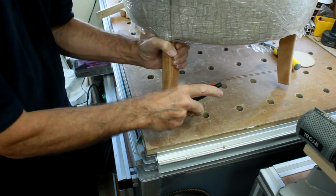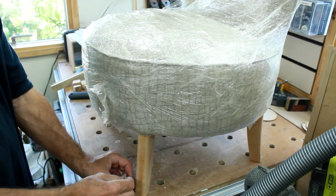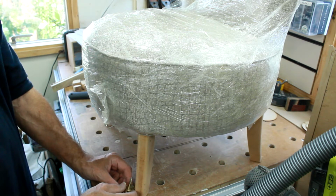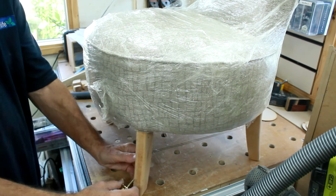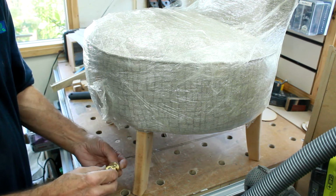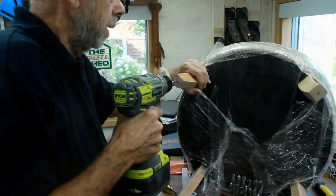No going back now. So I'm going to drill these in slightly undersize, try and screw them in as best I can, but I shall use double epoxy quickset resin to actually flood into there when I do that, and then we can screw the feet on underneath afterwards. I think